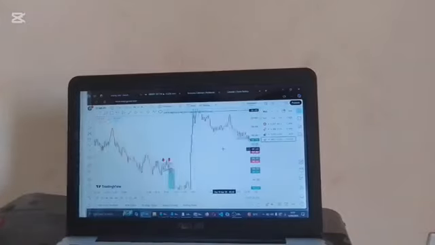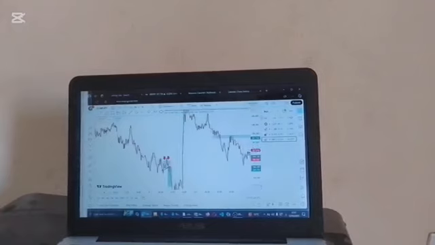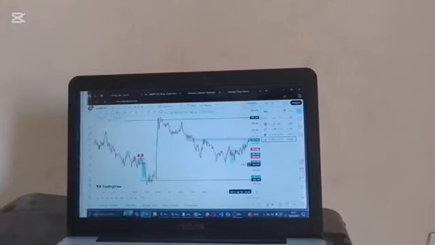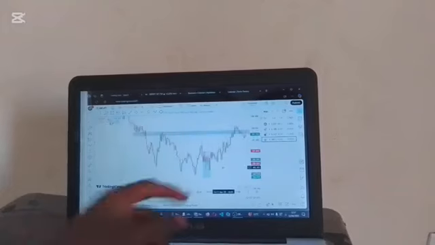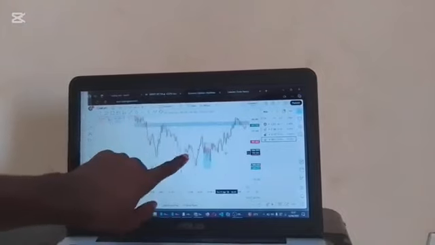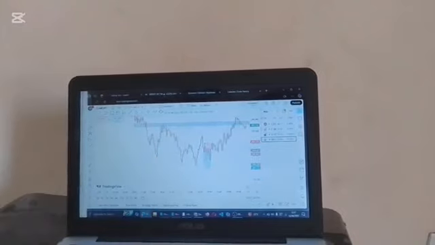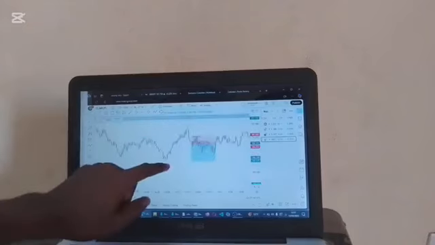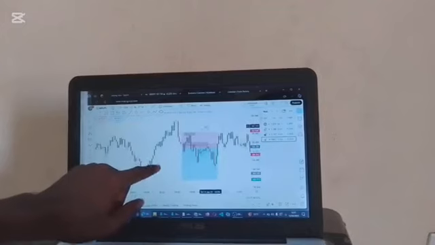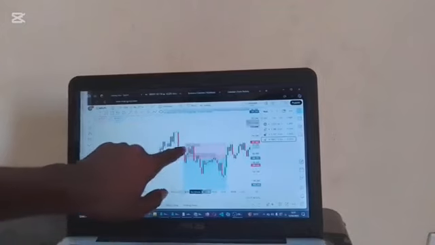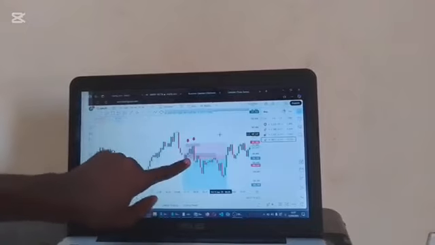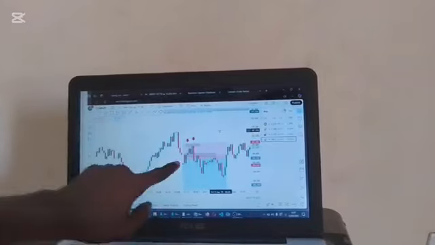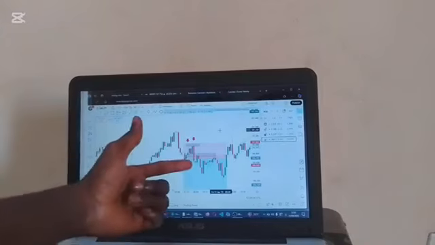The next trade I took was still following my trend. The trend is your friend, as they always say. You have to be used to that. So the next trade I took was a very funny trade. On the 5-minute time frame, it was giving a double top. Let me zoom in so you can see it well. This is a double top entry. We have this first one, then the market came back again, waiting for the breakout. I entered late because I was really not on the market. That's why sometimes you have to be available. I entered late and the market